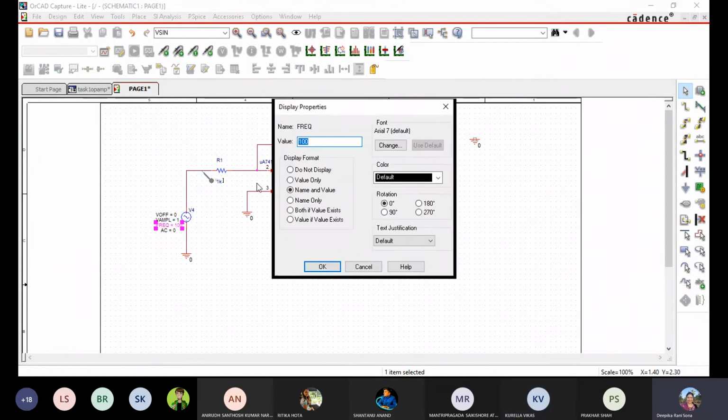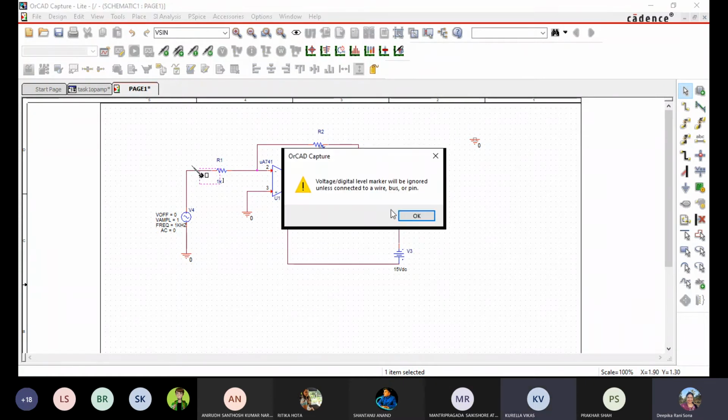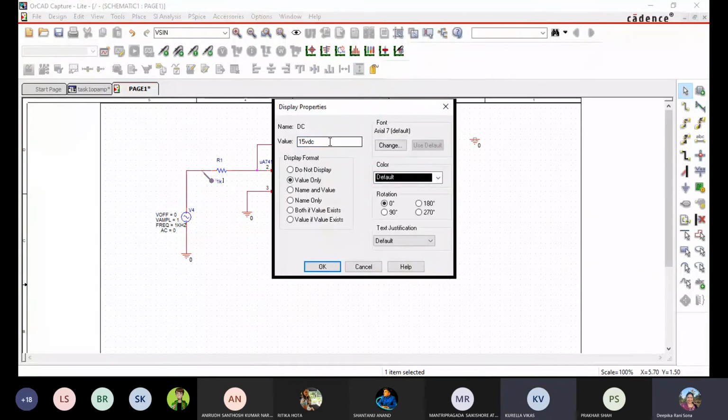Kilohertz, hertz, whatever you have to mention. It is only 1 kilohertz. 1 kHz you type. Then VDC you delete from V1, V2, V3. Only just write 15. Okay, ma'am.